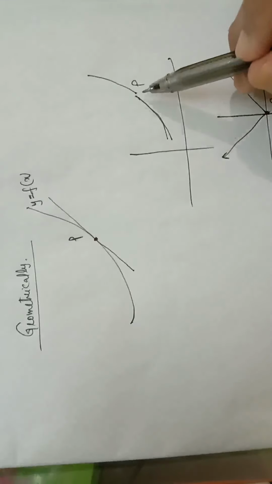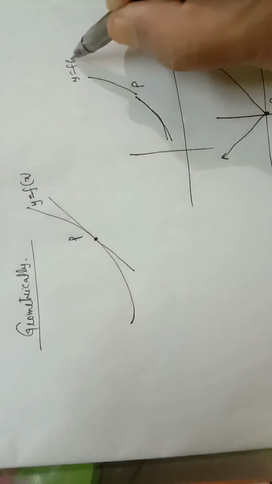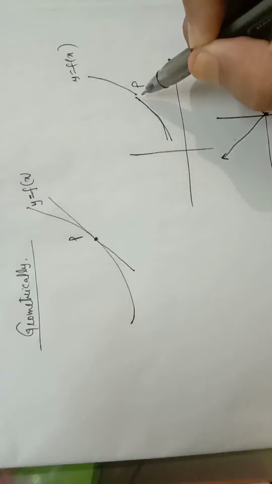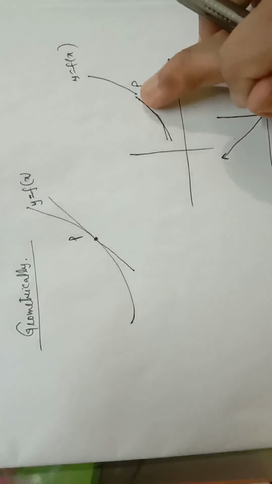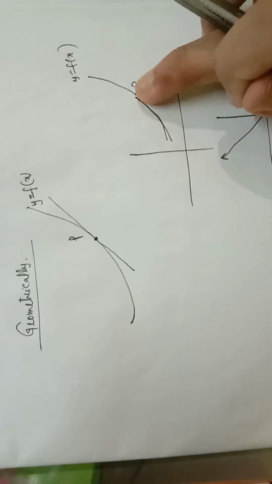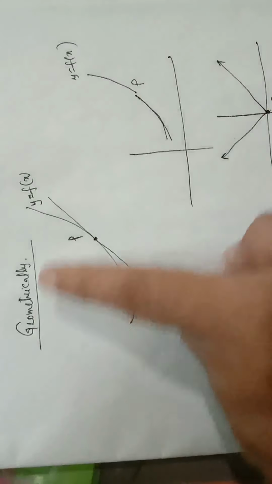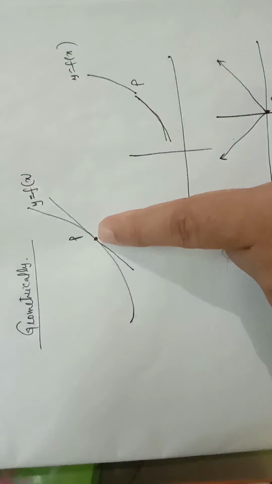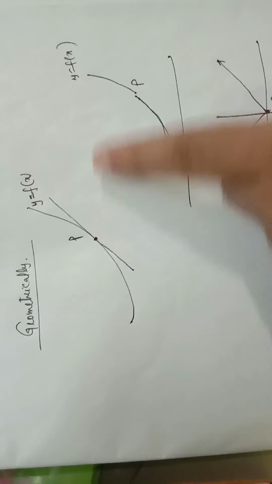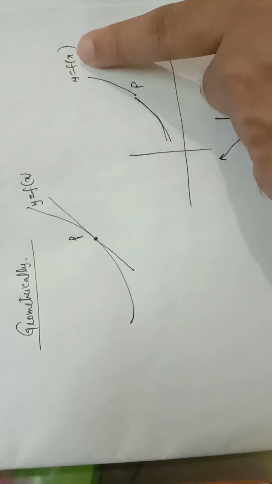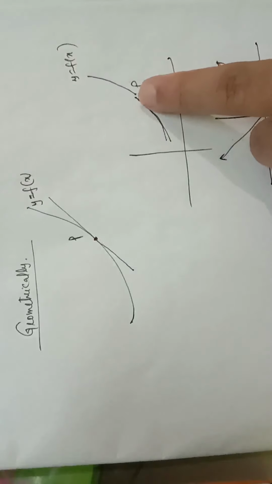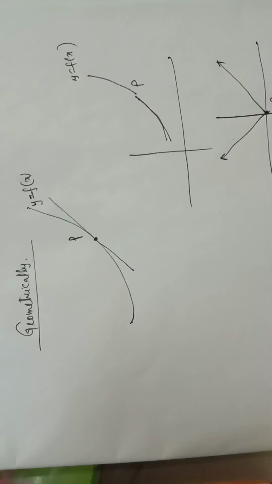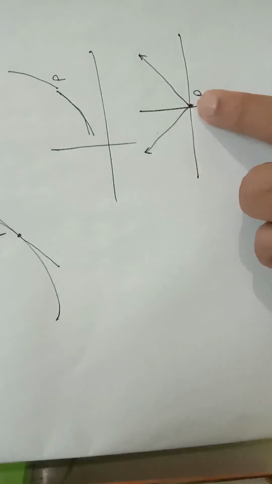If the function y equal to f(x) is not continuous at x equal to P, then the function will not be differentiable at that point P. So a function f(x) will be differentiable at a point P if there exists a unique tangent at the point P, and a function f(x) will not be differentiable at a point P if the function is not continuous or it is a corner point.